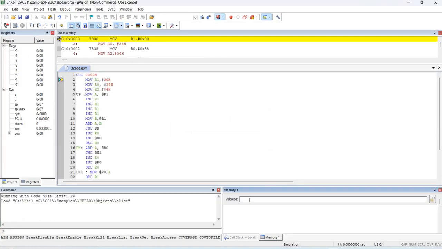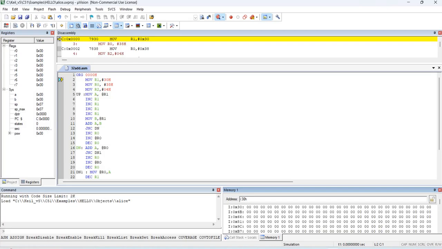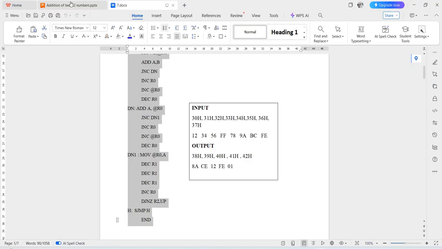So now here it is 30H location, therefore I colon 30H. Now we have to save our numbers. The first number I'll take as FF 56, 34 and 12.